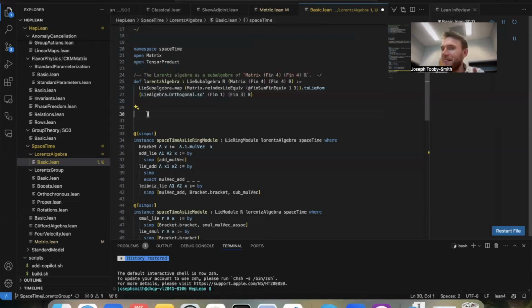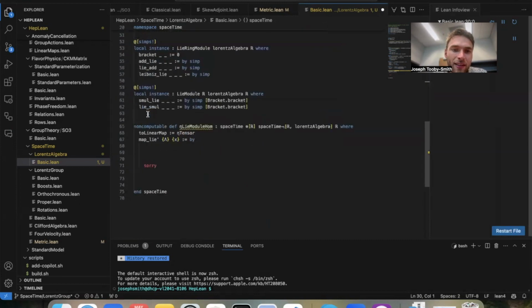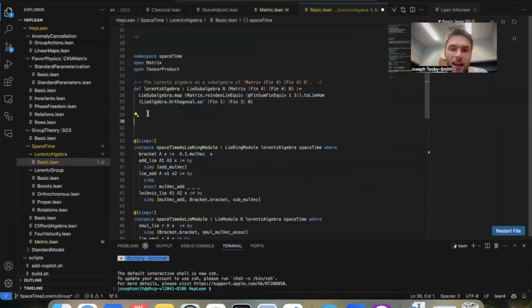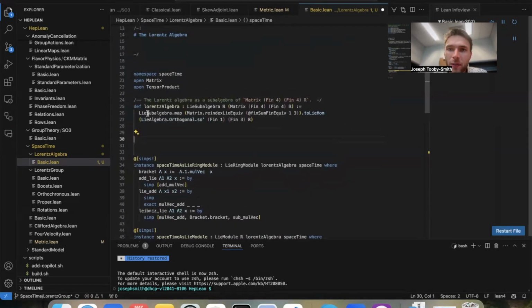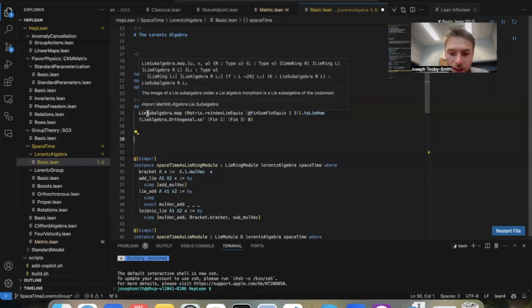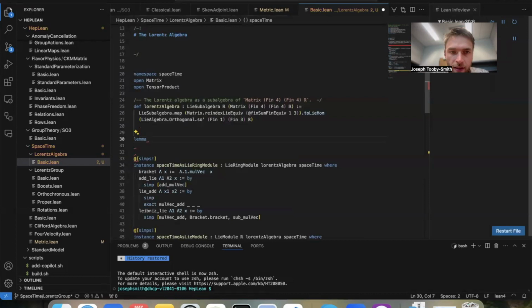But this isn't that easy to use, so we want to change its definition, or we want to add some lemmas that make it easier to use. The theorem that I want to show is that if a matrix, so let me start with my lemma,